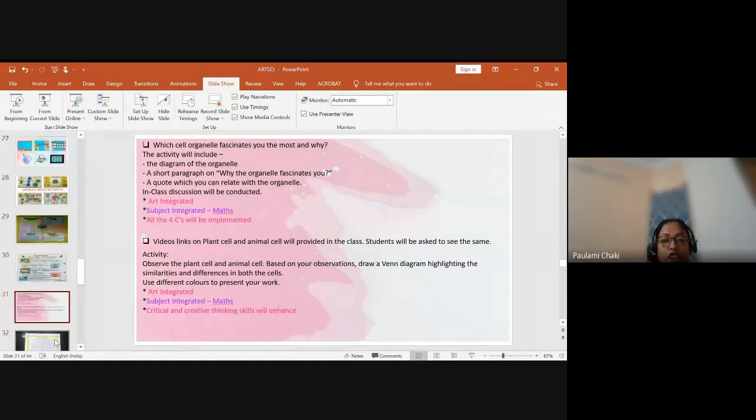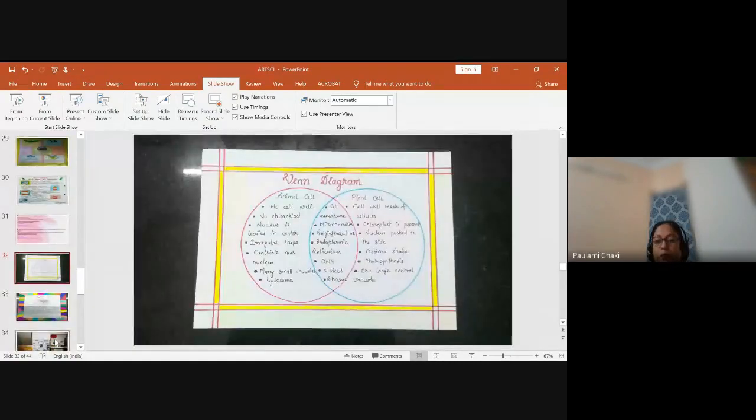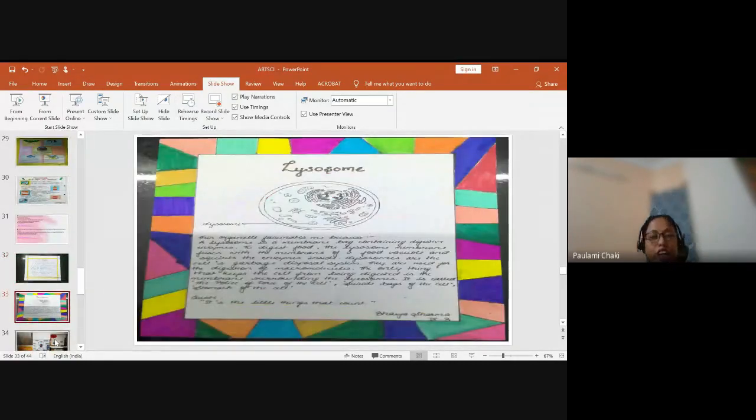So I will show you how it came up. See, this is one of the art forms. It recently came to me, and see how nicely it has been represented. A quote has been written, but the child didn't use much calligraphy. But see the neatness, see the way the thing has evolved.